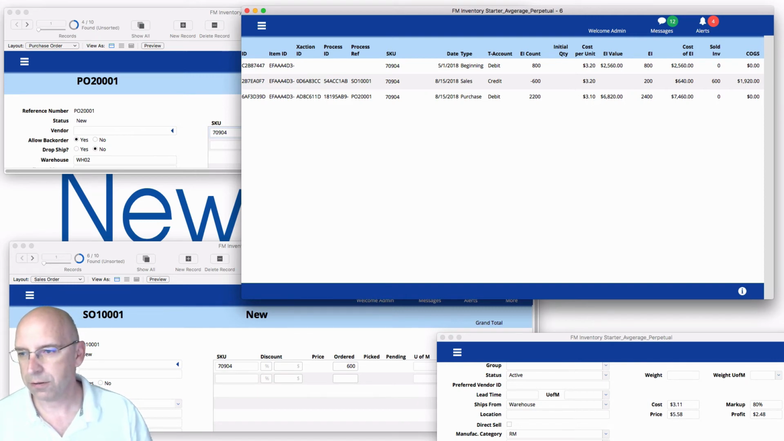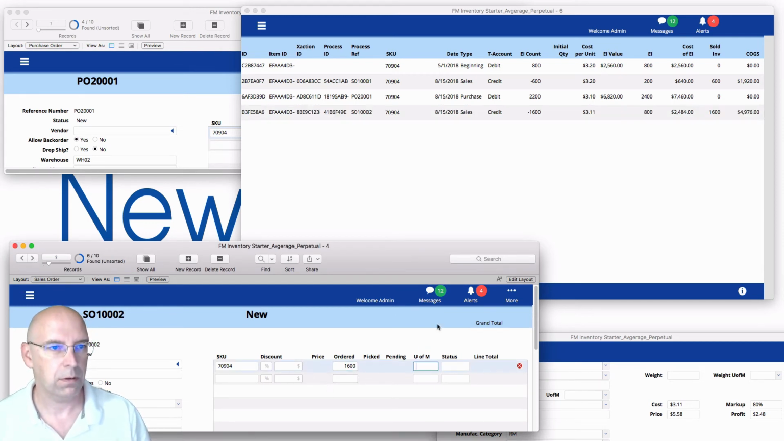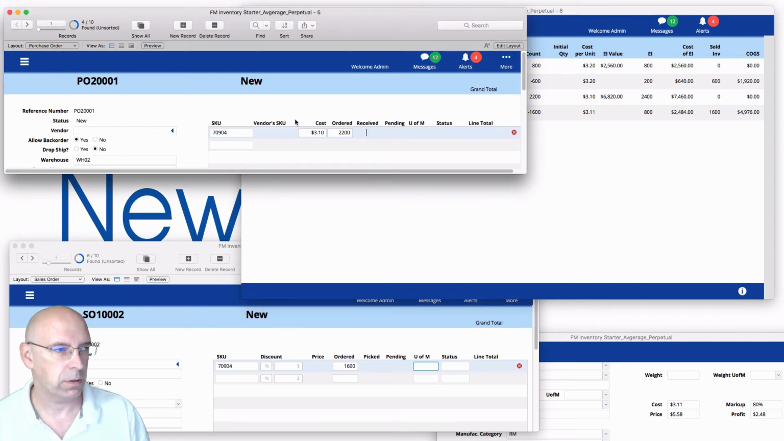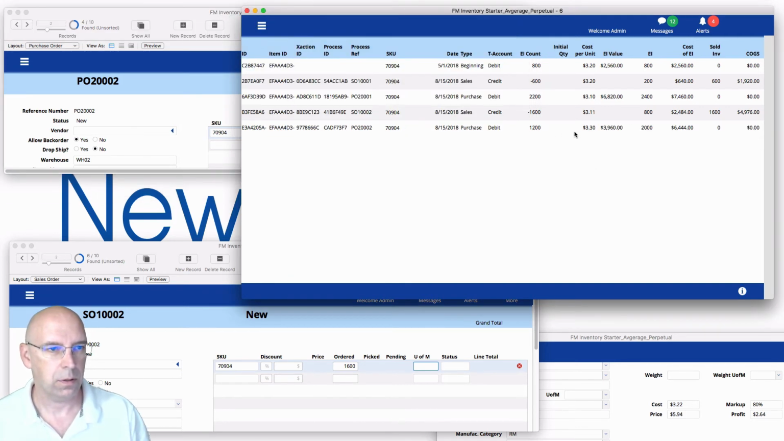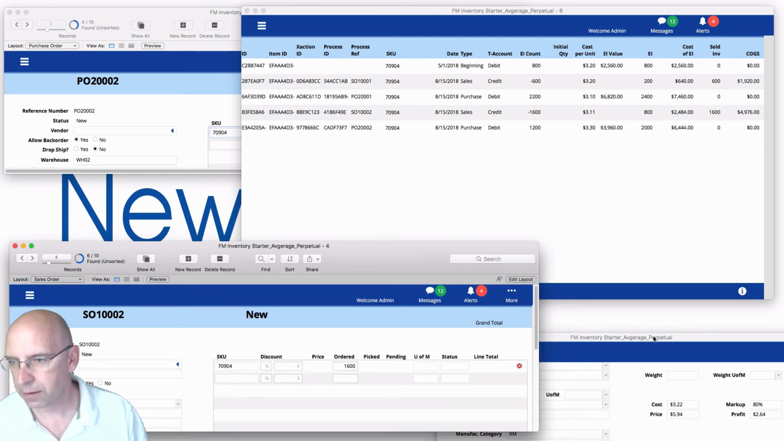Our next sale is 1600. Which we have there, $3.11. Then we have a purchase of 1200. 1200 at $3.30. That's going to alter our average. That changed average is now stored in the item table, and we will draw that now from